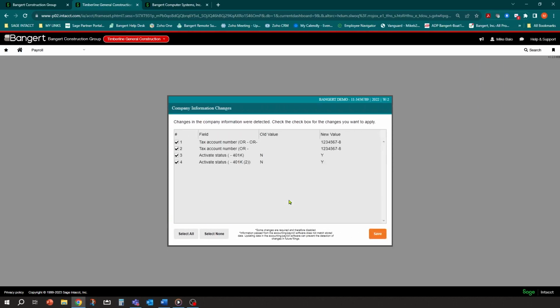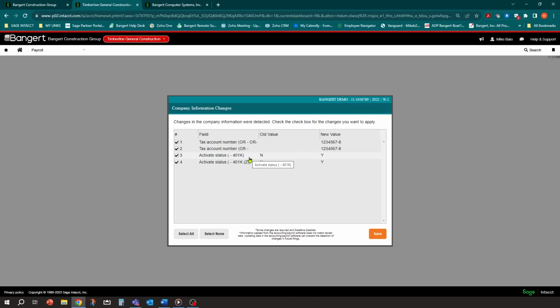Now, if you remember in the entity setup, it asked us for certain states. You can see here that when we went into our prior sessions, we set up the 401k fields. So now it's saying, hey, before 401k wasn't active, well, you just activated it. So is that correct? If we had activated our HSA here or anything else that we needed to report in the W-2, it's going to show you here and give you a chance to say yes or no, it's correct. And same thing for your states.